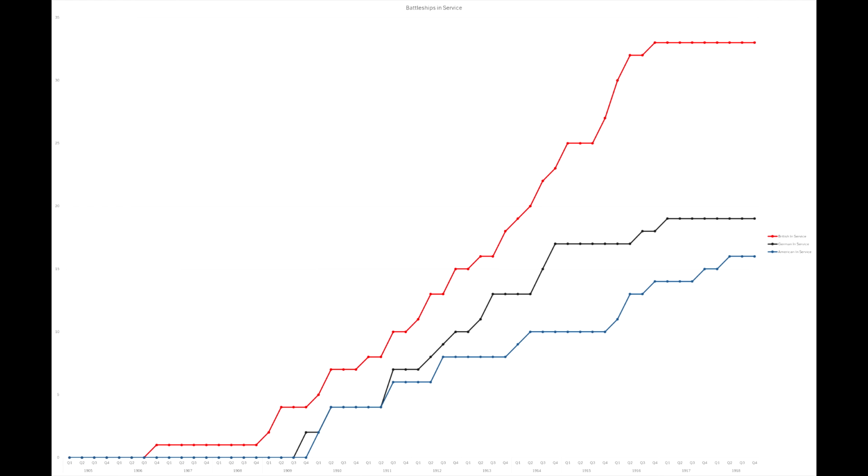But then, thanks to the slightly faster nature of British shipyards, despite the fact that the Germans have more hulls on the stocks at any one time during a good chunk of the latter 1900s, as we just saw, Britain takes an early lead in number of hulls actually in service and keeps that lead, very slightly widening it as time goes on. And of course, as this is at the tail end of construction,